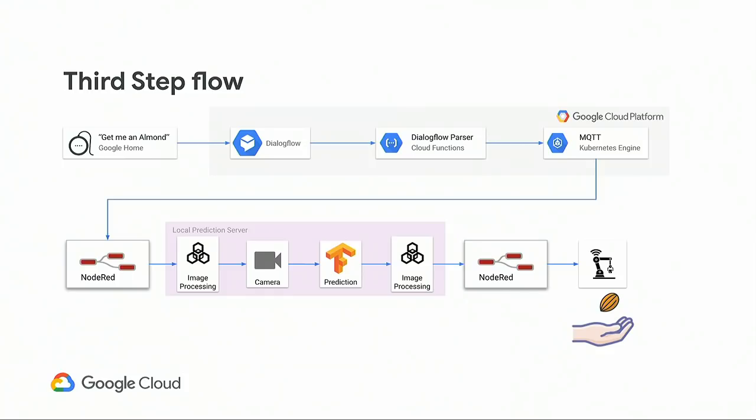Google Home then triggered Dialogflow, which is in Google Cloud, which then triggered a pub/sub event. A pub/sub event is a topic that is listened to by external sources that contains some data. That pub/sub event was listened to by Node-RED. Node-RED, again, is an IoT workflow engine. It's open source, but you can use any IoT workflow engine in this case. Once it was triggered, it then called a REST API that was on the Flexible Vision server